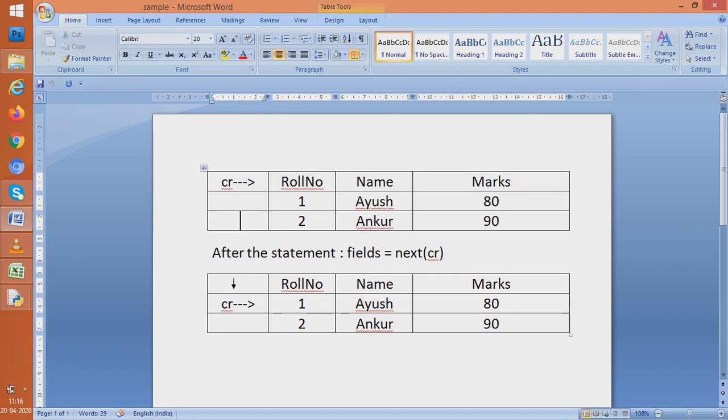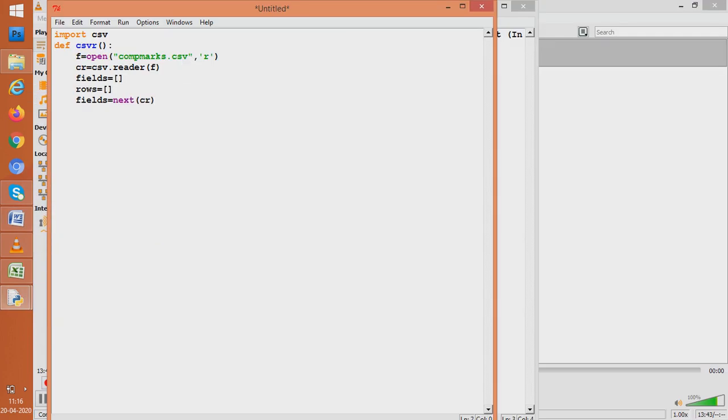So next extracts the header row, keeps it in fields, and lets CR go down and point to the first data row. So this is what next does. Let us see whether next has done the same thing or not. How do we see that? We would go here and write print fields.